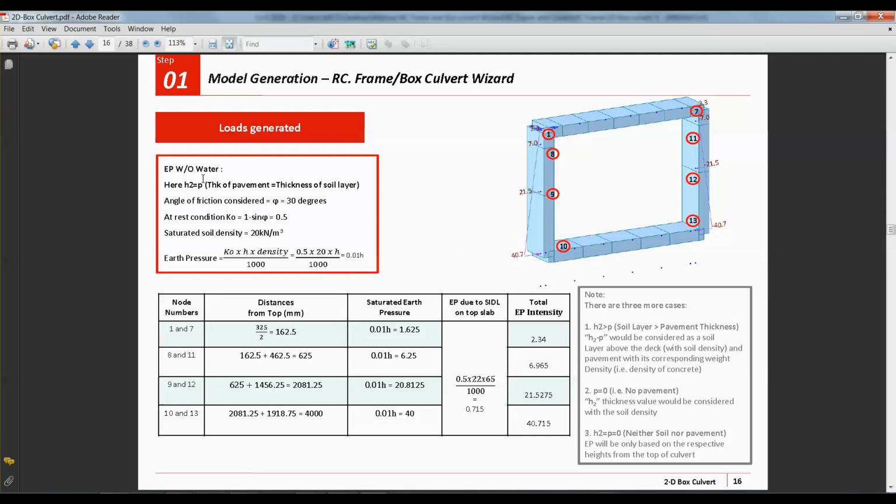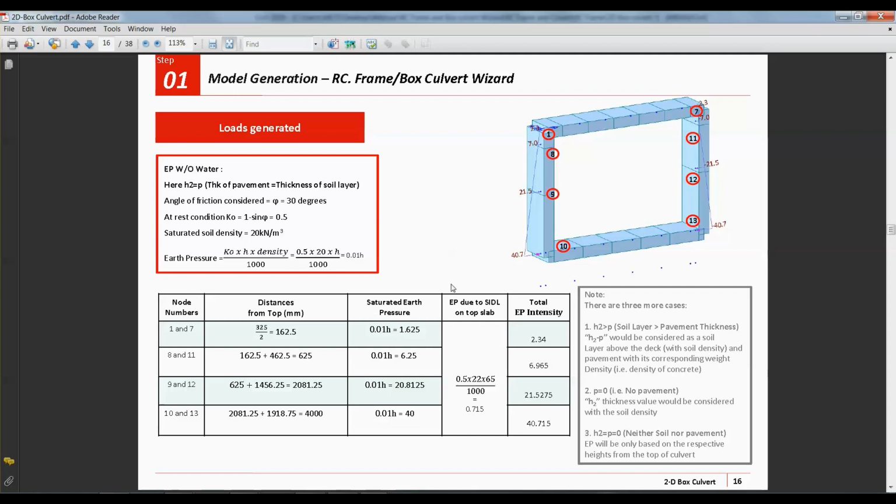Now coming to the earth pressure with water and earth pressure without water. Here we haven't considered any soil layer. So H2 is equal to P, that means the thickness of pavement is equal to the total thickness, so H2 is 0 here, that means soil thickness is 0.